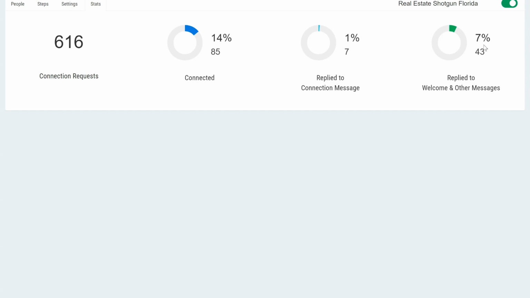Now, you think about getting a 7% reply back from your outreach campaigns, which is really good. Email right now, especially with the new parameters that have come out, is about 1%, maybe 2%, but close to that 1% to 0.75% in reply rate as well. So you have a nice connection rate here, nice reply rate, and you have a beautiful amount of connections that